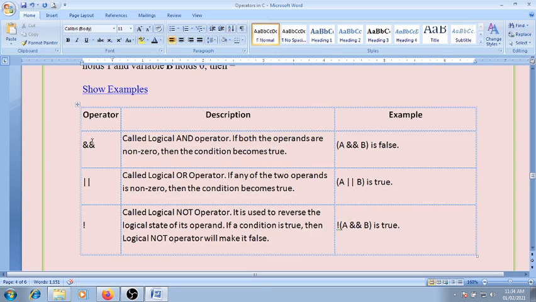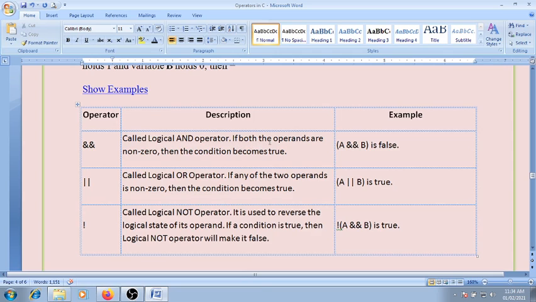The double ampersand is called the logical AND operator. If both operands are non-zero, then the condition becomes true. Both operands means the right-hand operand and left-hand operand, these two operands on either side of the operator.